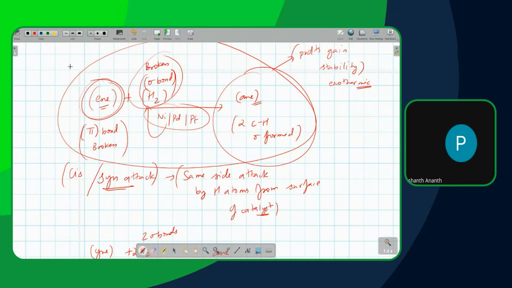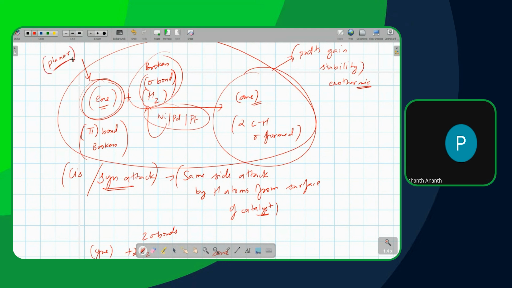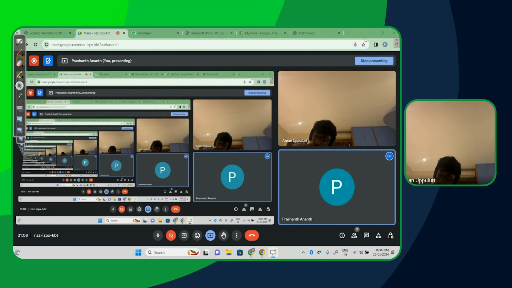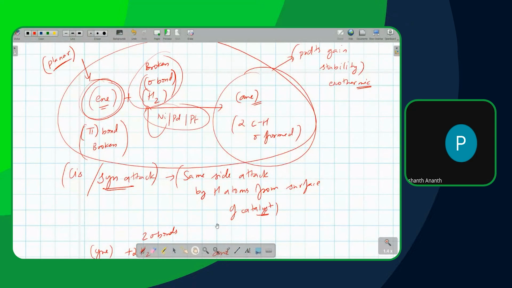The attack is happening on an ene or an ion. That means it's a planar species. Yes, exactly. So what is the point of a planar? If it is planar, it can have attack from both sides equally, right? So do I need to really care about optical activity beyond a point here? No. Why? Because I'm going to get a racemic mixture. Everything which is formed is going to get cancelled out anyway. Optical activity, you can remember this very important key point.